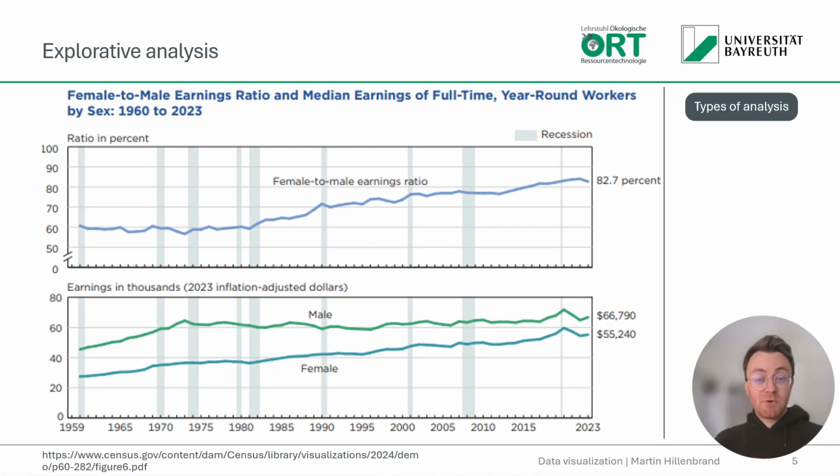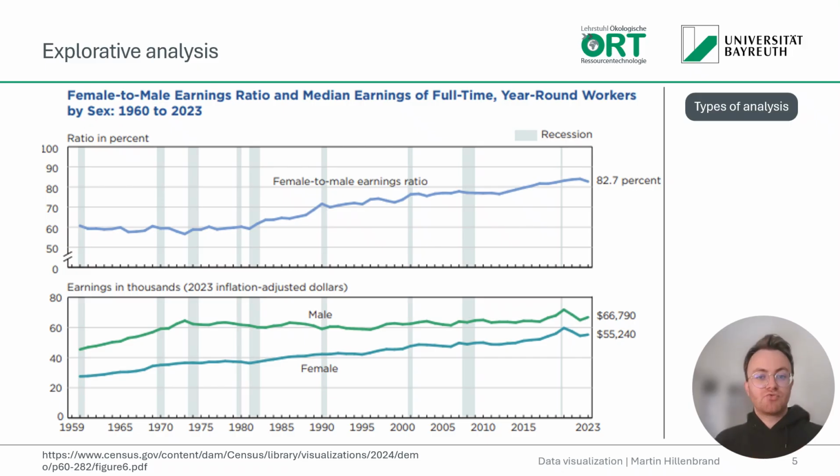So now if we do explorative analysis, we go one step further. So we have already a descriptive analysis of the world around us, and now we want to dive deeper into what we can withdraw information from the data. Say in the bottom here you see the female to male earning ratio and the median earning of full-time year-round workers by the different sexes. So you see in the bottom graph male and female earnings in thousands, and in the top you see the calculated ratio in percent and how this is changing over the time, and you also see an indication of recessions